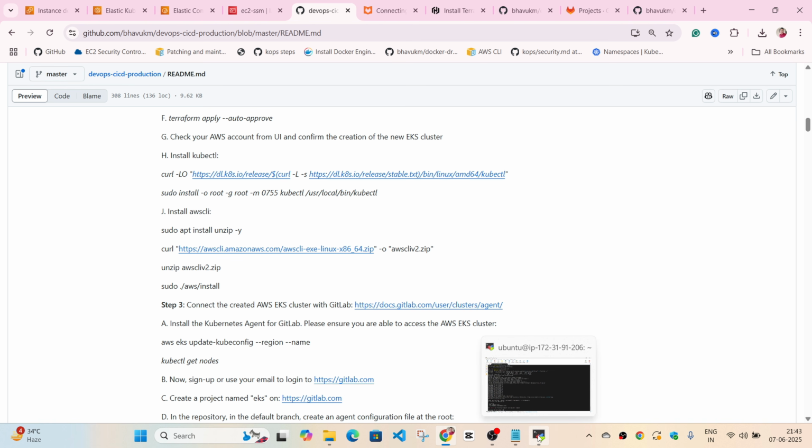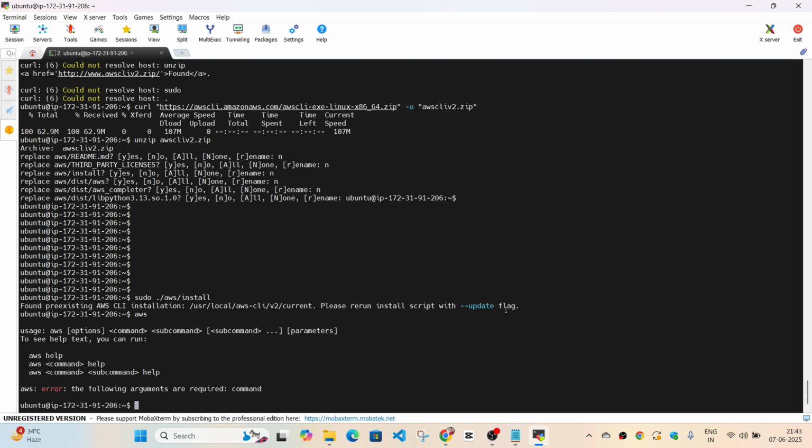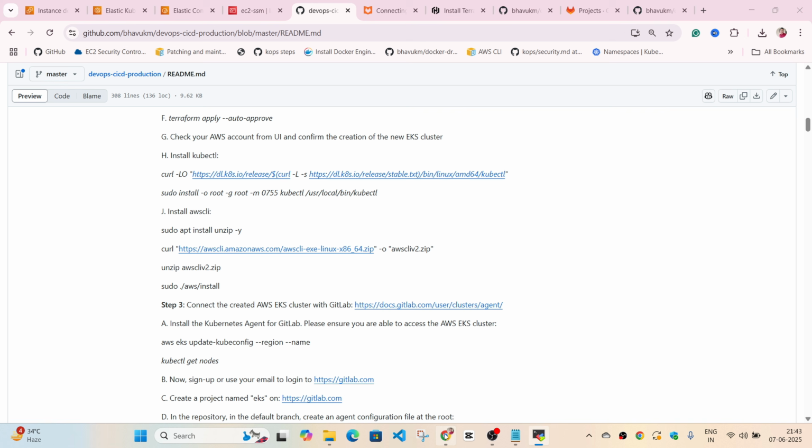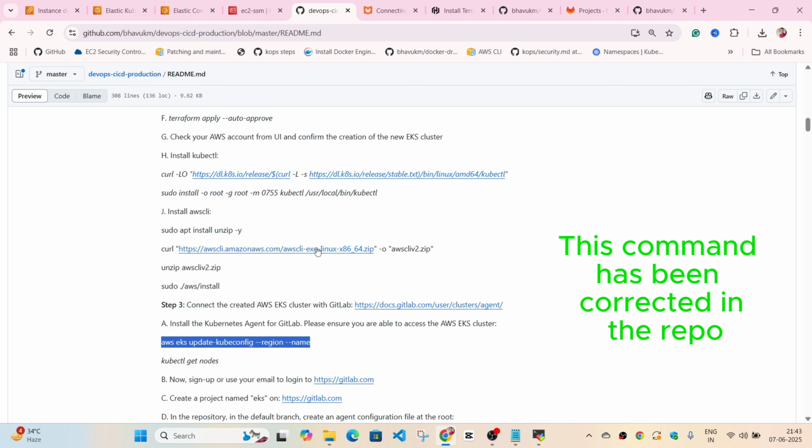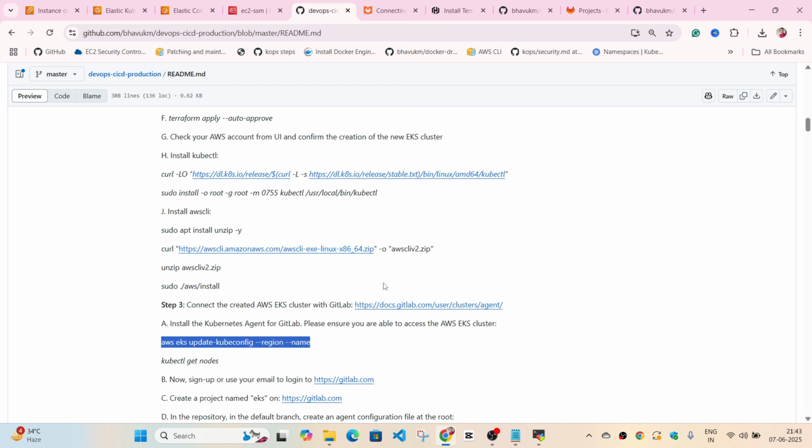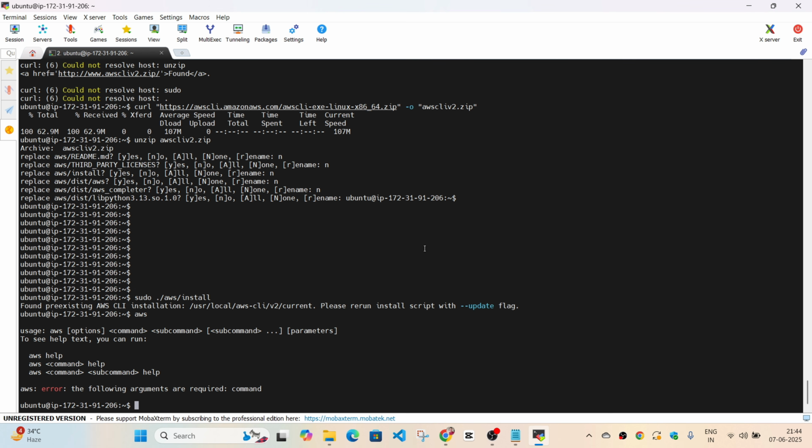So after the creation of the cluster, what you have to do is, you have to run this command. Okay, this is the command which is going to create the kubeconfig to authenticate to your EKS cluster, and you can access the cluster from CLI. Okay, but you should install this kubectl as well, which I've already done. Okay, so now just run this command like this,